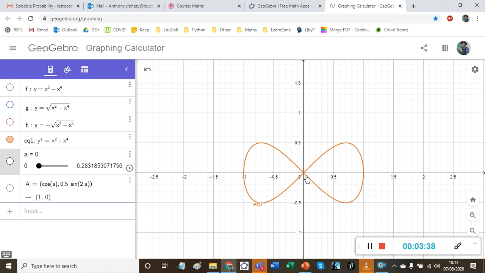It looks like a closed loop, this infinity sign. And it might be worth investigating why that happens, because it looks like a bit of a fluke. It's to do with the structure that's hiding behind this combination of squares and powers of 4. What I want to do next is show you a point that can move smoothly around this curve, and it follows a fairly standard